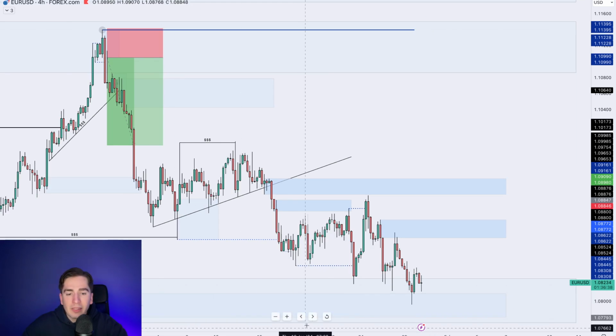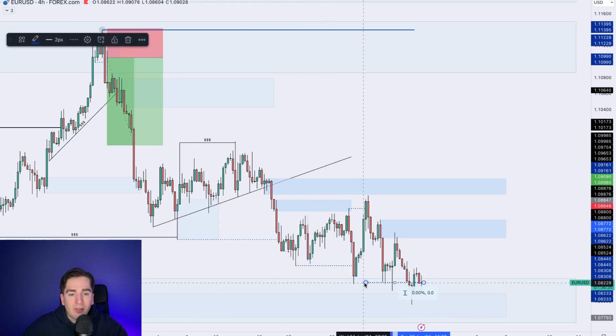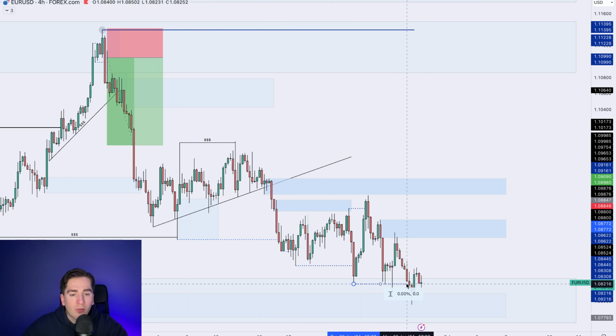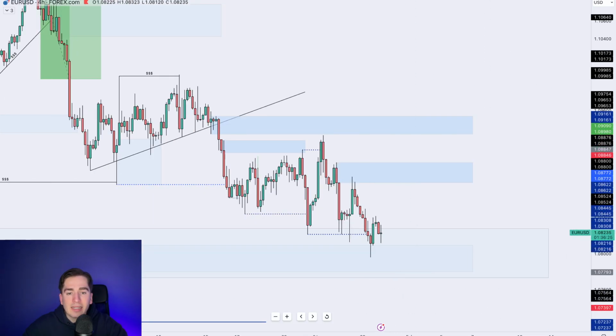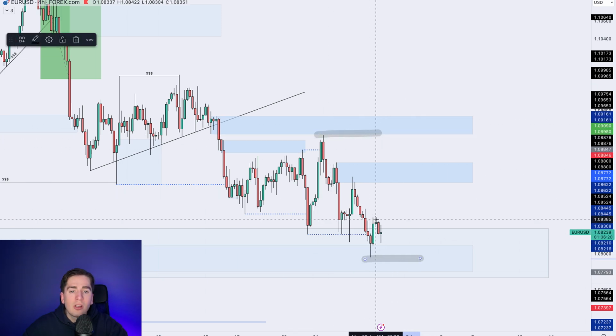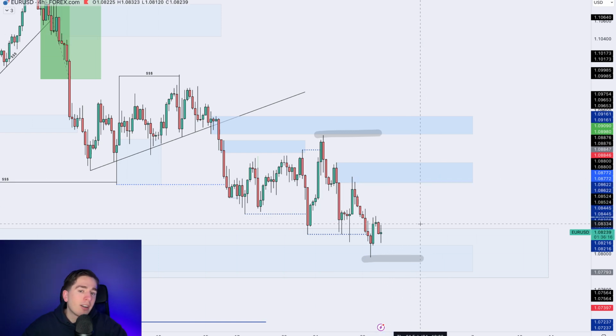Now for the rest, based on the internal structure that we have, this was your internal low. Of course, in the first place, we grabbed liquidity, saw a push up, but then the supply zone pushed price straight back down. So now what we're seeing is pretty much the internal structure from this high towards this low. So it would also not be surprising if the market does pull back up higher towards the upside, but